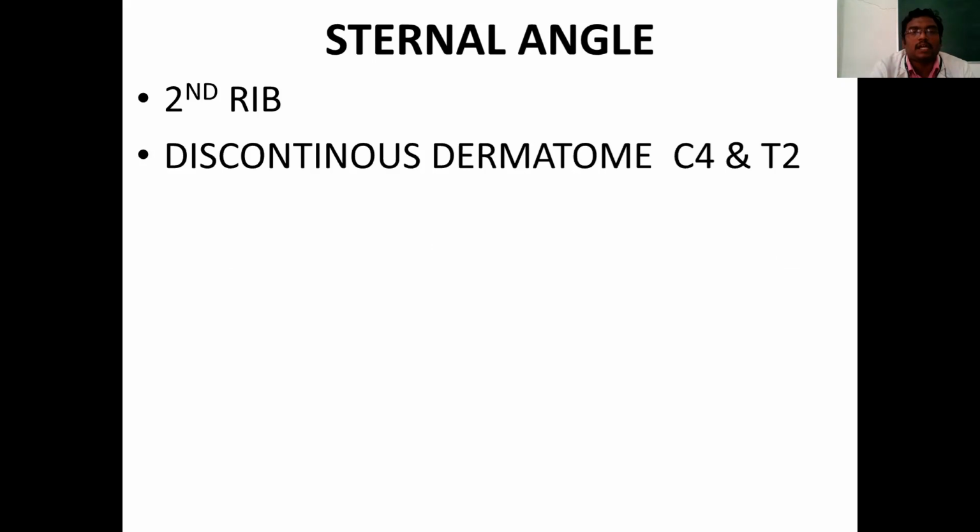And what is the other important event taking place? Here you will get the discontinuation of your dermatomes. A dermatome is nothing but your cutaneous nerve supply. They are nothing but the direct branches from the spinal cord. But here you will have discontinuation. That is, the C5 to T1 segments of the dermatome are missing. Why? Because they are going to supply your upper limb. Because of this reason only, you have the missing dermatomes.